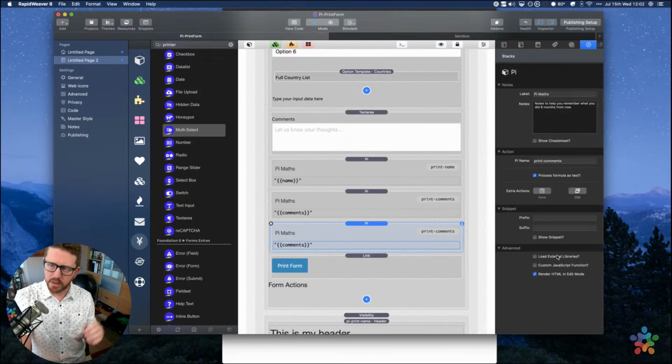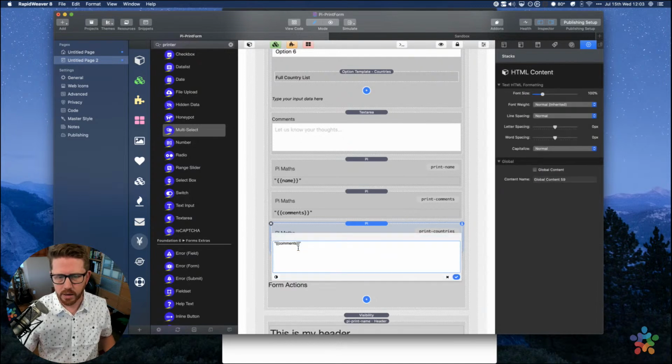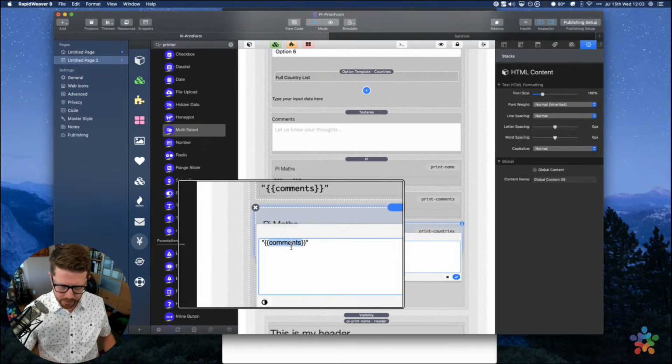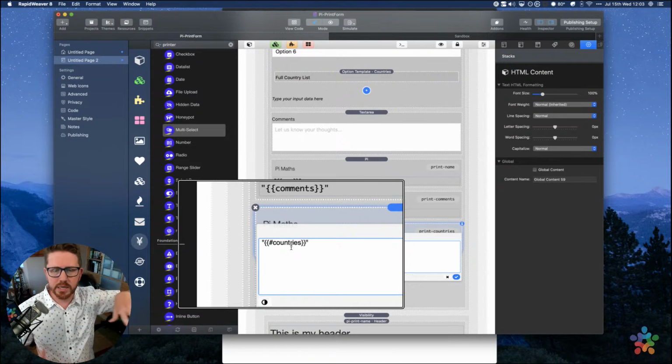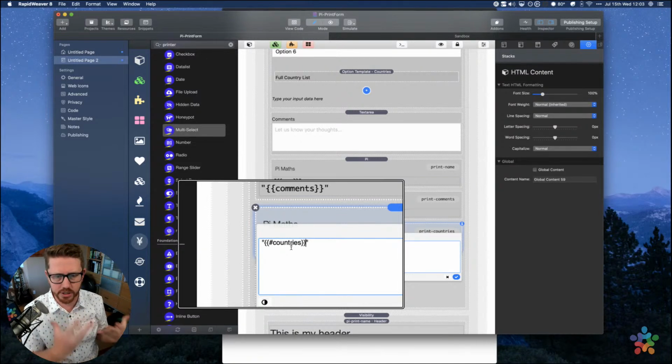Pi does support, let's see, print dash countries. Okay. I know how to do this now. This is going to be complex, actually. So what we need to do is countries. I'm doing this off the top of my head. I think this is the syntax. Because with multi-selects, you have multiple elements, right? There's not just one. It's not just a string. It's an array of things. So what we would do is